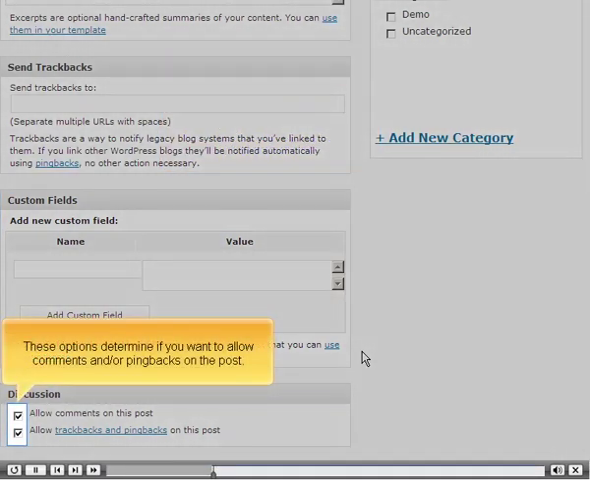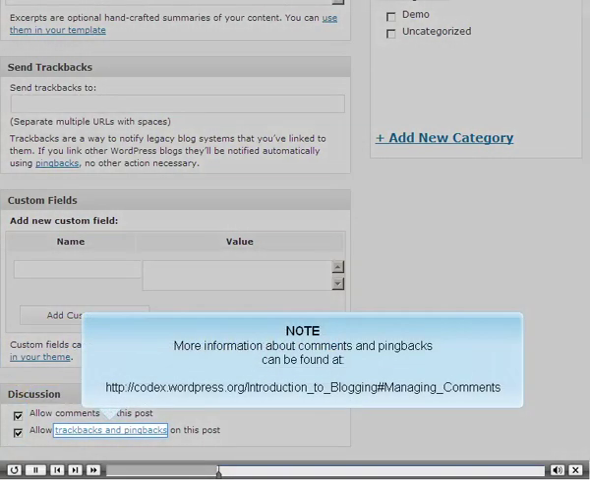These options determine if you want to allow comments and/or pingbacks on the post. More information about comments and pingbacks can be found at